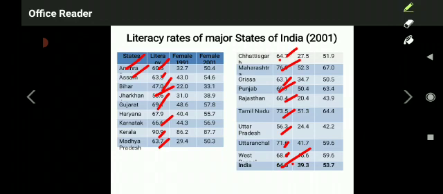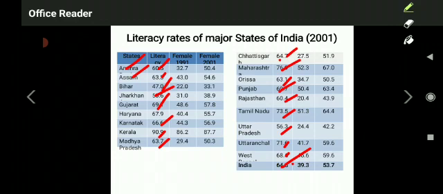So we have two data types of information in this particular table. In 2001, what was the female literacy rate, and in 1991, what was the female literacy rate? We have to understand that. With the help of these two tables of data, we come to the conclusion of what the female literacy rate was in Andhra Pradesh in 1991 and in 2001.